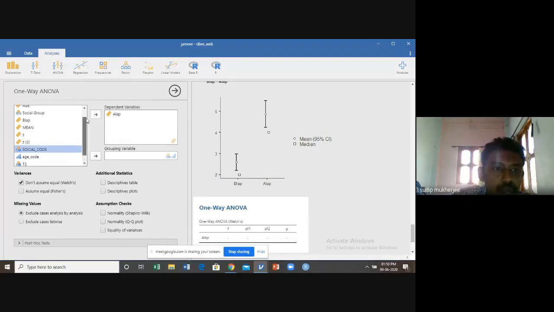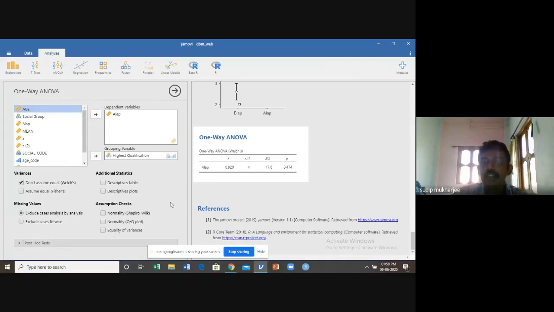So what is the variable of interest, or the dependent variable? Use of laptop after lockdown. What is the grouping variable? The grouping variable is highest qualification. And see, this is the output. Once again here, the p-value is more than 0.05, which means qualification doesn't matter for computer use.